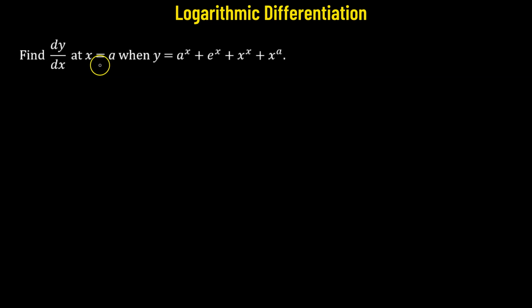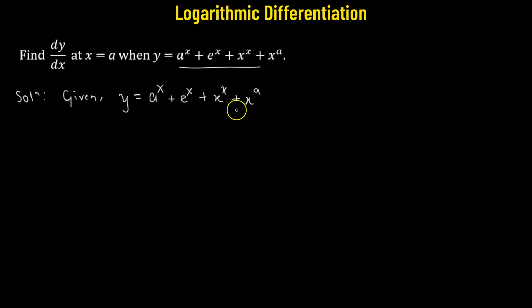We need to obtain the value of the derivative of y with respect to x at x equals a whenever y is given by this particular expression. So let's begin. We will start with whatever we are provided with. Here we are given the value of y, which is a raised to the power of x plus e raised to the power of x plus x raised to the power of x plus x raised to the power of a. Now what we'll do, we'll take the derivative on both sides with respect to x,